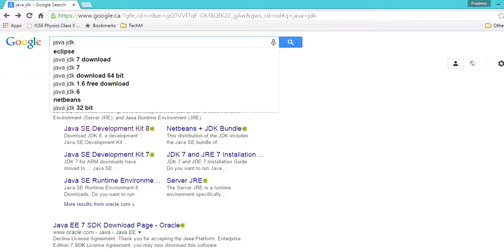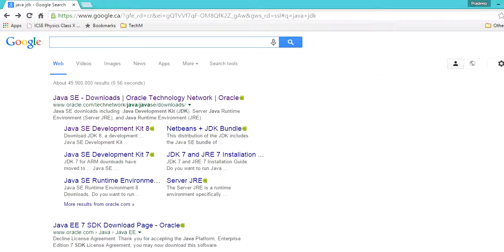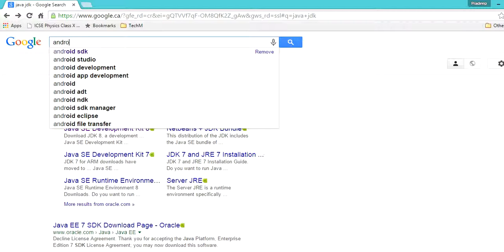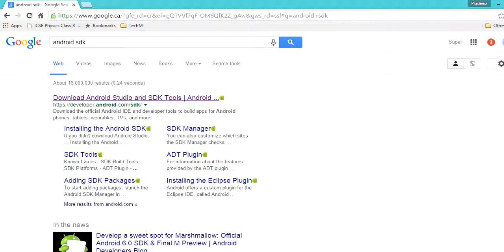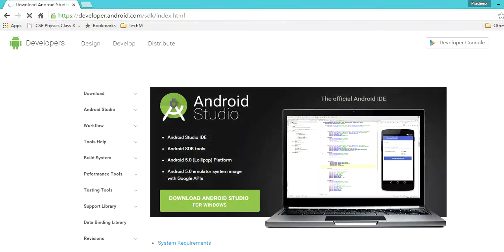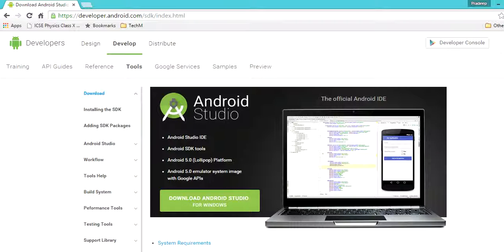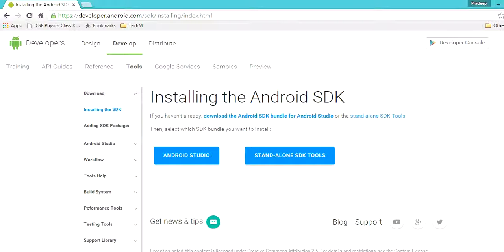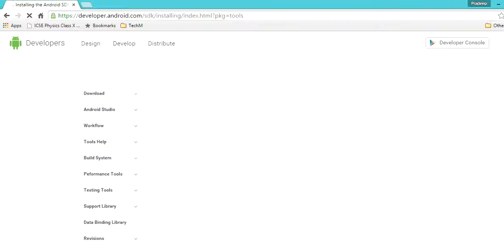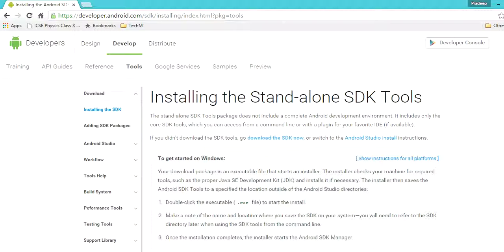And the second thing that you have to do is install Android SDK. Even for this you have to click the first link, that's the official link, and here you have to click on installing the SDK, then standalone SDK tools, and click on download the SDK now, and it will start downloading.